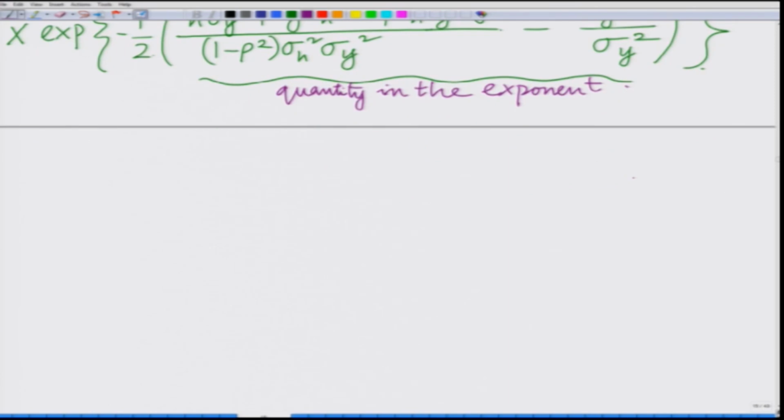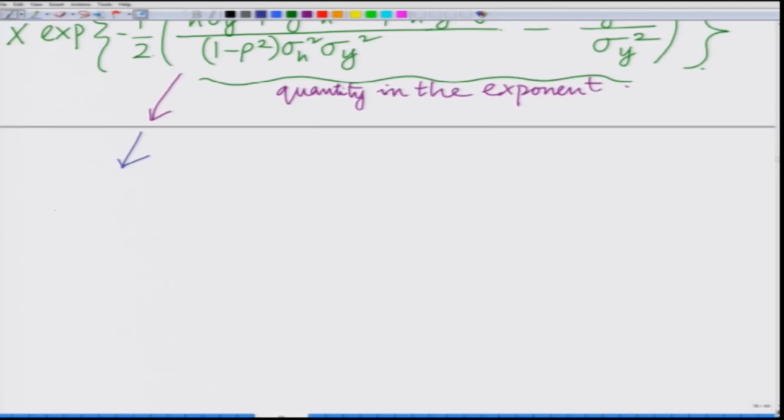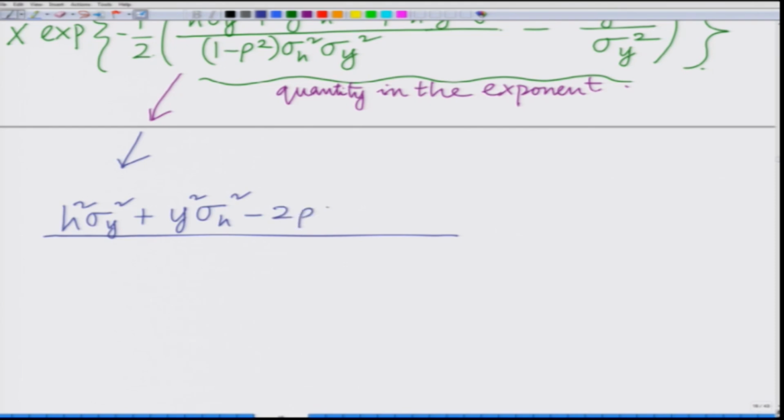Now, let us simplify this quantity in the exponent. I want to first start by simplifying this quantity in the exponent, and then we can simplify the rest of the expression later. Okay. Let me just write it down. It is a bit cumbersome, but this is fundamentally important in MMSE estimation, so it is worth going through this derivation at least once. That is, h square sigma y square plus y square sigma h square minus 2 rho sigma h sigma y h y, divided by (1 minus rho square) sigma h square sigma y square, minus y square